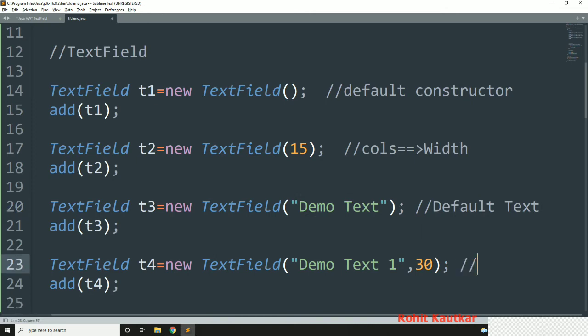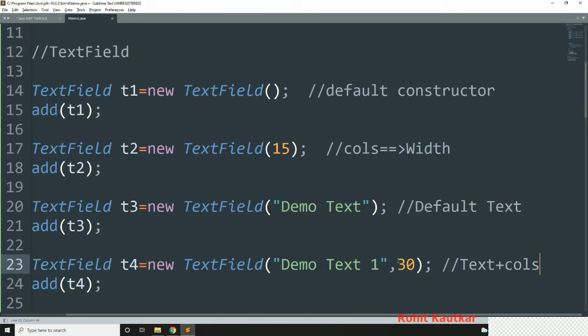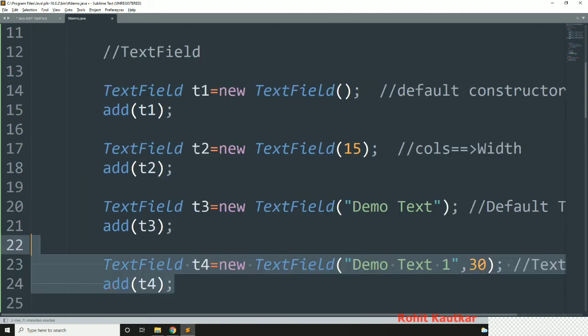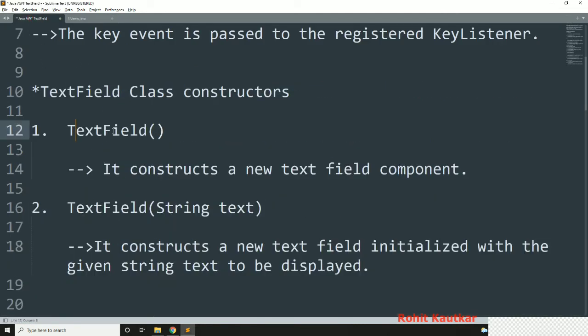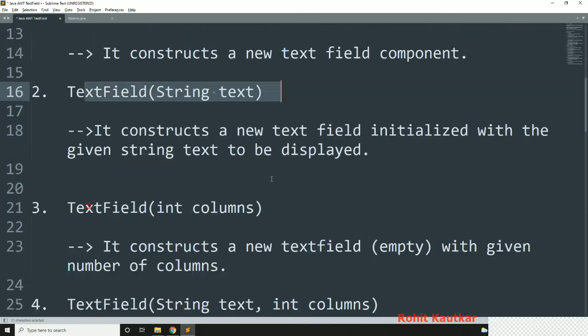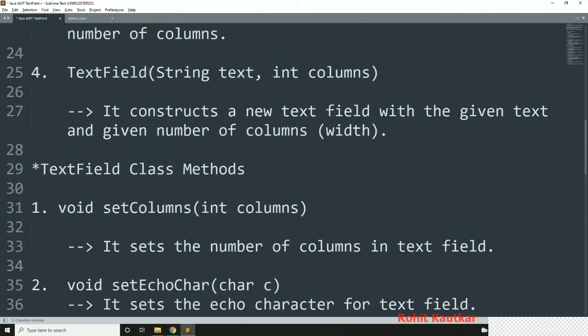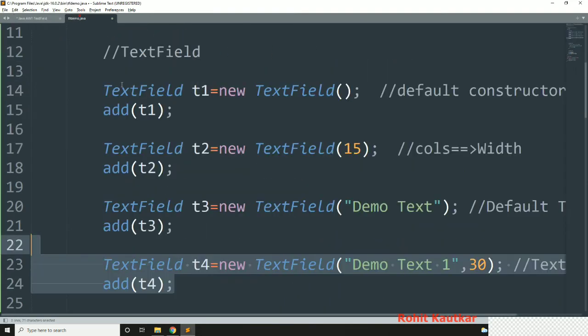And last one, text plus columns. You can see this is the text that we want to display, and this is the number of columns. So like this we have used 4 constructors: first, second, third and fourth. All these 4 constructors.